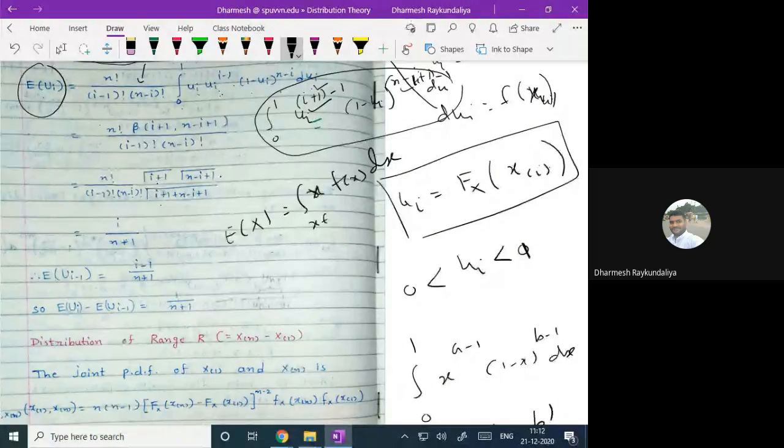So this is nothing but n factorial, you can write it as it is. This is the gamma i. This is the gamma n minus i plus 1. ये कैंसिल है यहाँ पे, so this will cancel out with this, this will cancel out with this. तो क्या बचा, n factorial. सही है, क्या बचा आपके पास,